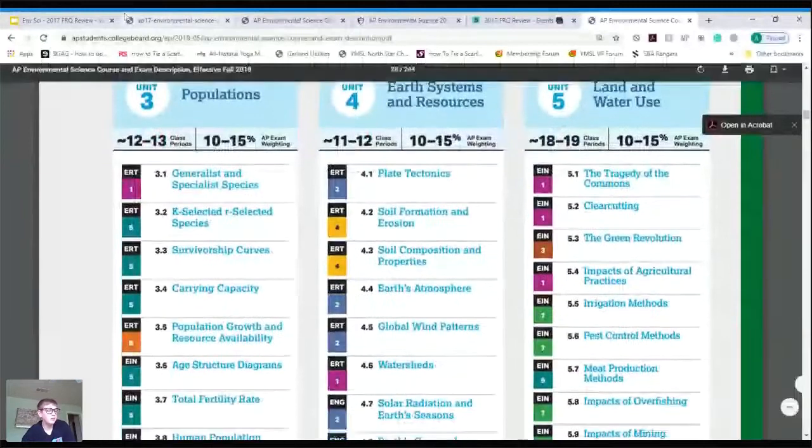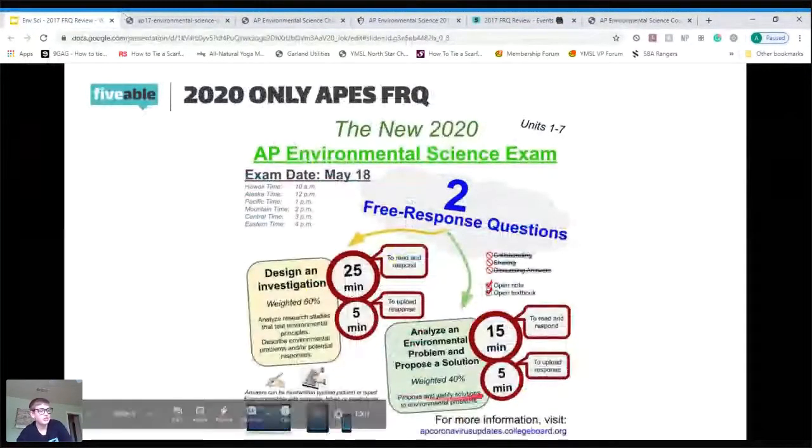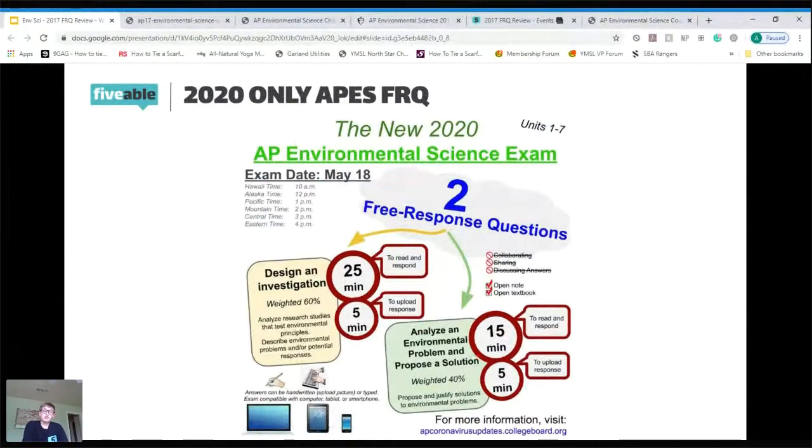But this year, back to my slides over here, the second FRQ is analyze an environmental problem and propose a solution. This is not the version of the FRQ with math. So it is pretty safe to say that this year on your AP exam, you probably won't have to do